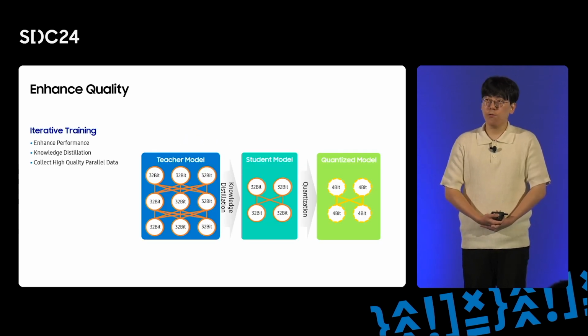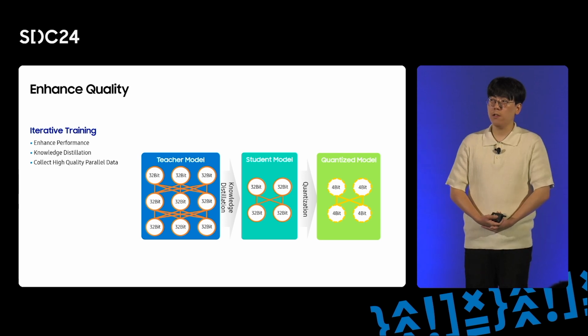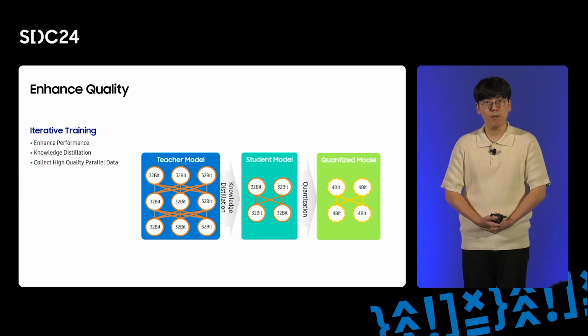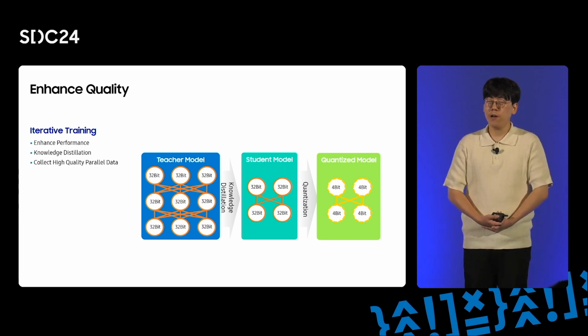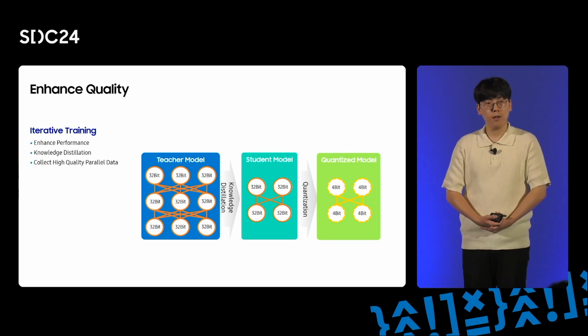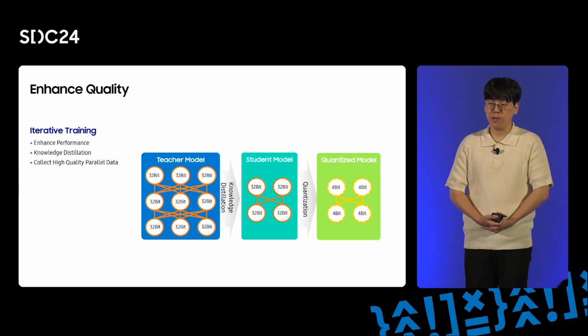I will introduce the training process we use to improve the model's performance. When you train a model which has fewer parameters and make it even smaller by quantization, the performance is poorer than what you would get from the bigger one. This is why we have applied a training process with multiple steps. First, we train a teacher model that has a lot of parameters. After that, we train student models using knowledge distillation from the teacher model.